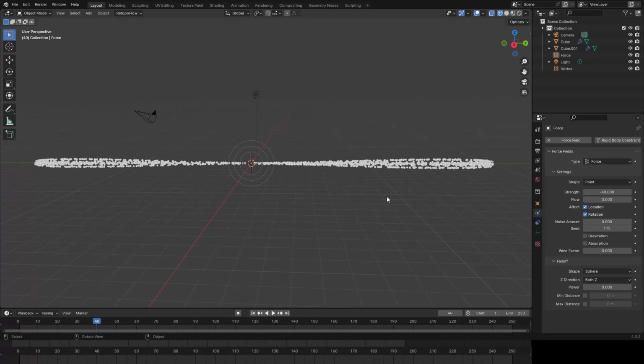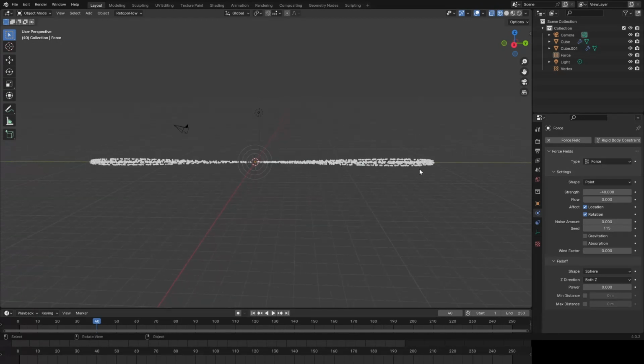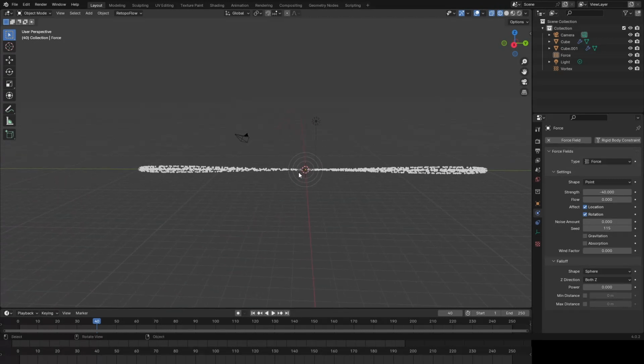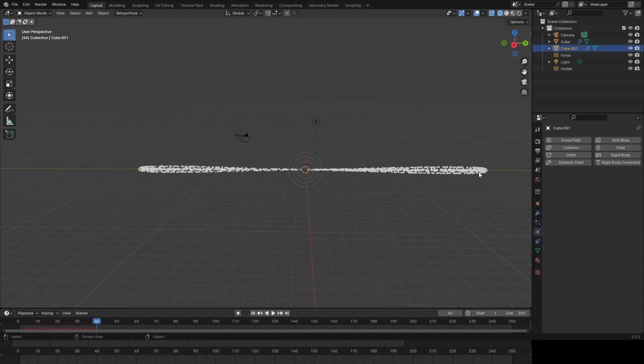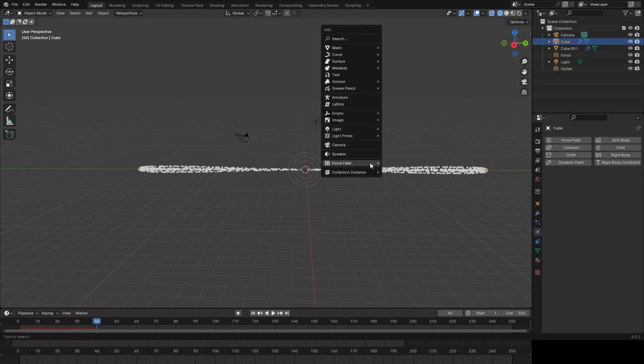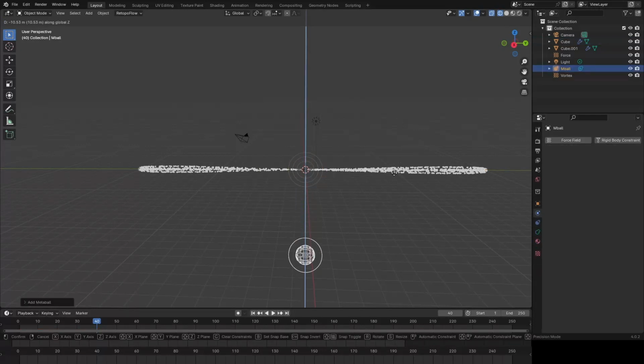Right, once that's all done, next we're going to set up the actual particles for the magic. So we're going to have a green one on the left, a red one on the right. You can make it any colour you want really, but I'm going with the magic from Harry Potter. So what I'm going to do is create a meta ball. I'm going to just bring it down,